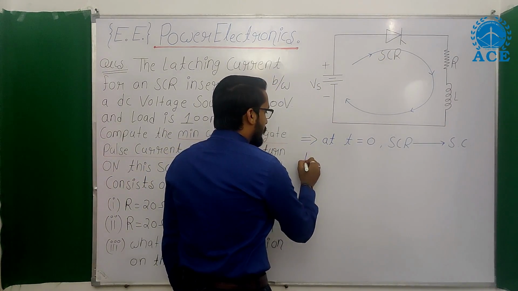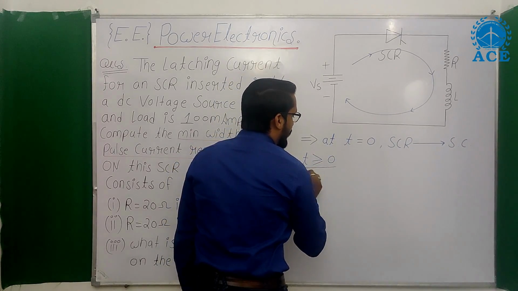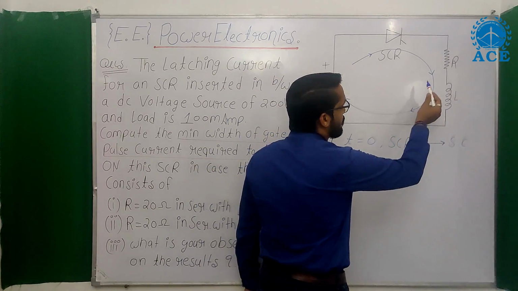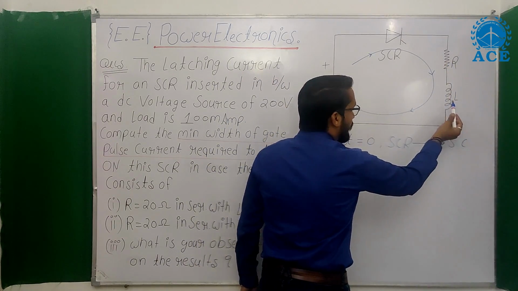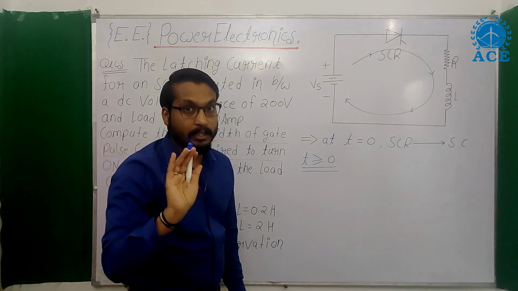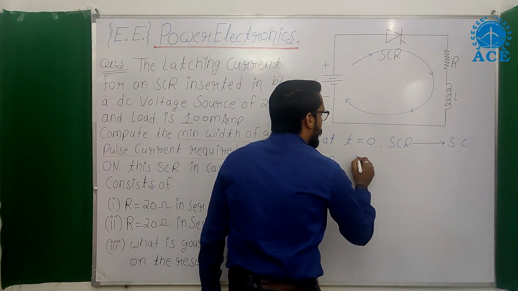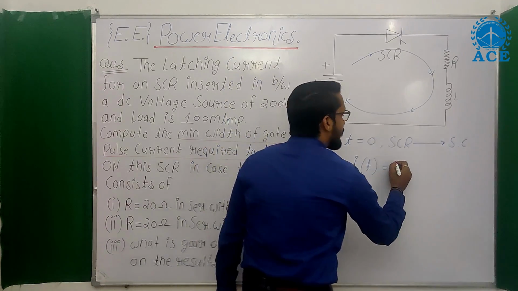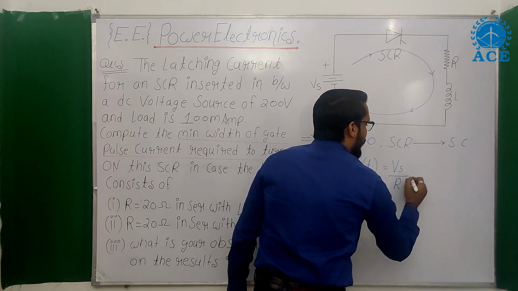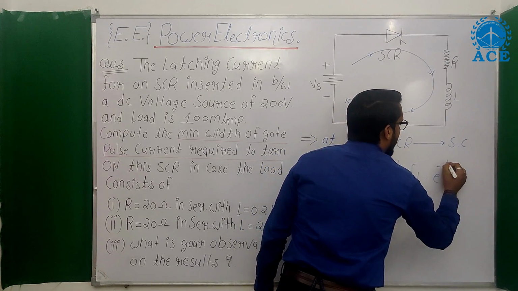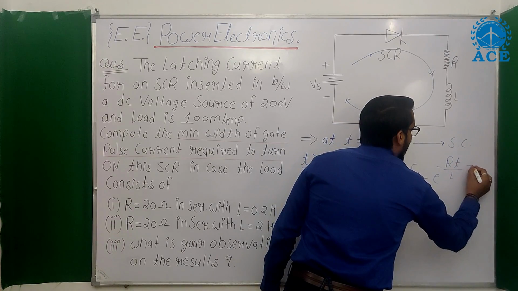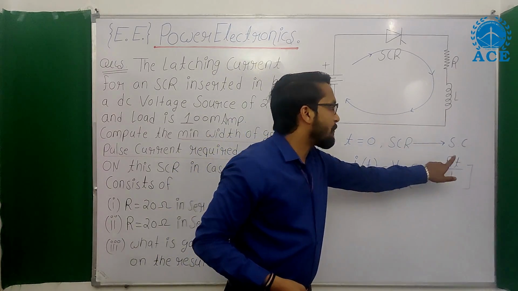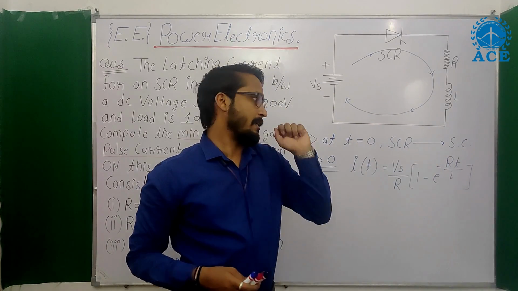So what can you say? The equation of current in the circuit for t greater than 0 is the equation of current flowing through the RL branch when the RL branch is connected across the DC source. And you all know very well, under such a situation the equation of current with respect to time is equal to Vs upon R times (1 minus e to the power minus Rt by L). This means the magnitude of current in the circuit solely depends upon the value of t.